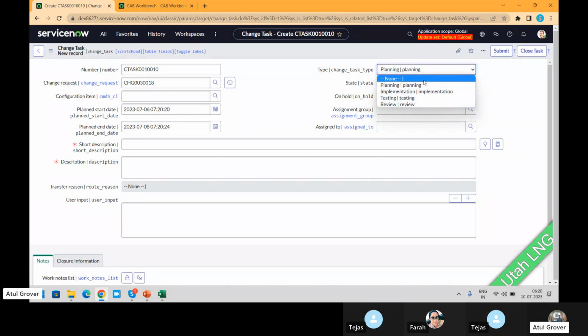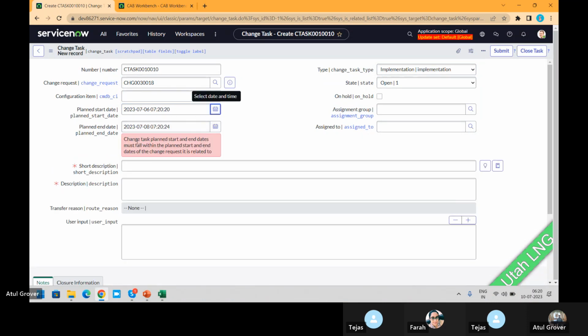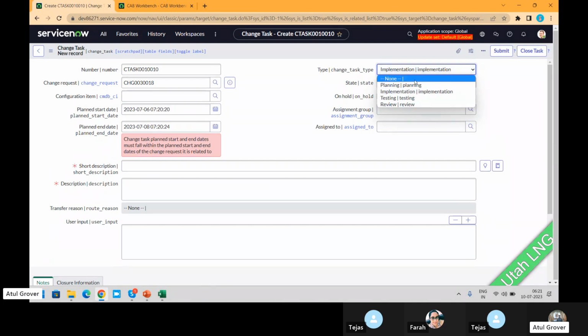Now, if I change the type to implementation, I must get an error. See, it is giving an error, because it is implementation. How can you move into the flat before your commitment dates have started? So you cannot do this. Also notice one more thing. If I change it to planning,